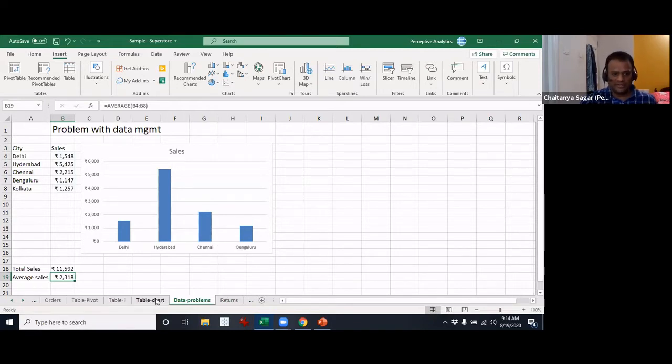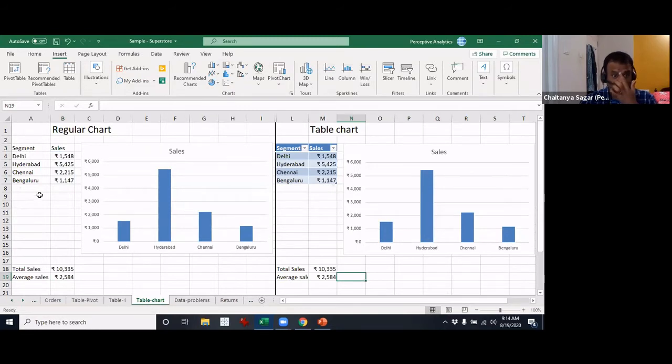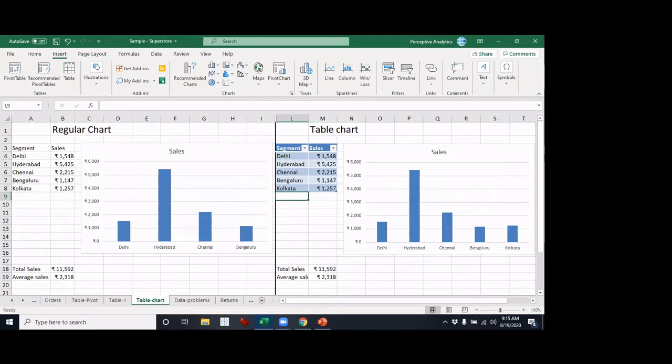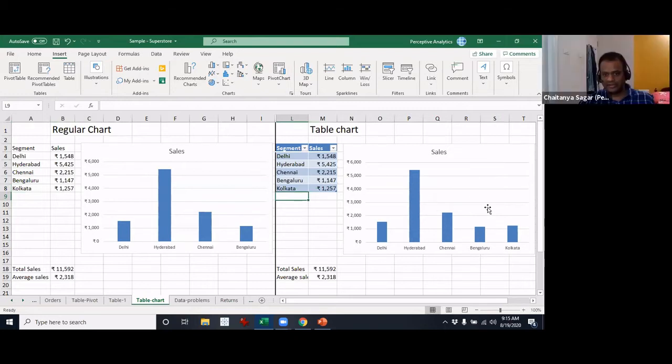Okay, so let's take a look at that. If you look at the same thing right here, I will add the same thing here, and let's see what happens. Data, 1257. Okay, and I'll add the same thing here. All right. Now, do you see the difference? Are you able to see the chart? Yes. Okay. So what has happened here is that it has updated the chart with the new city.